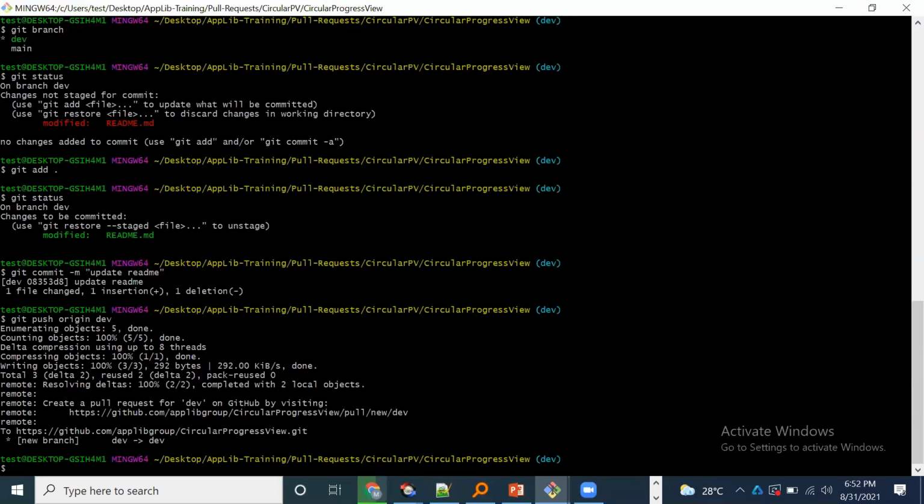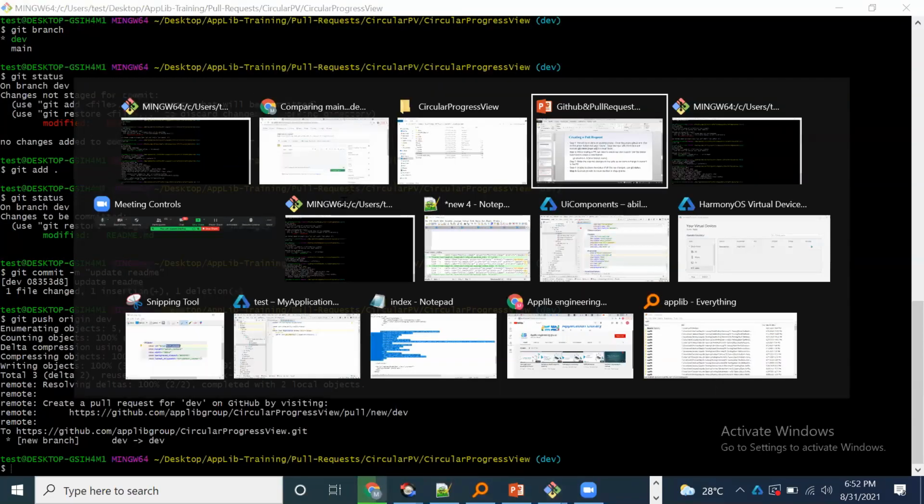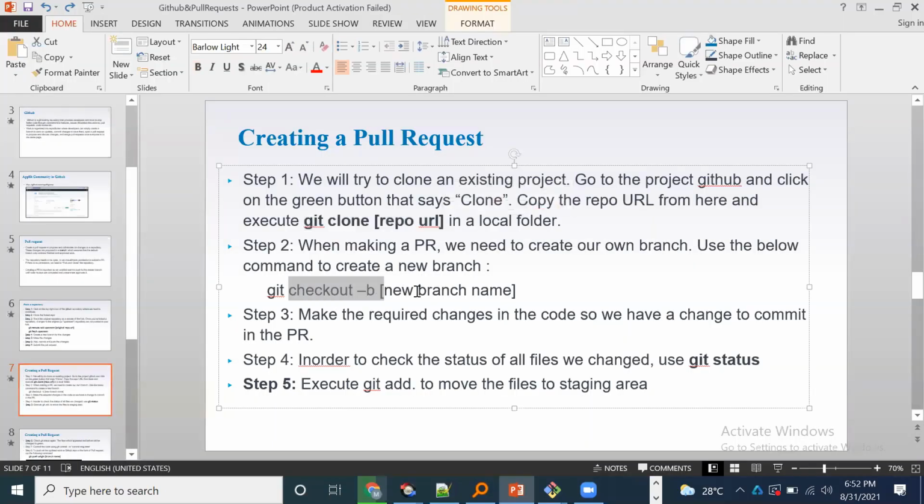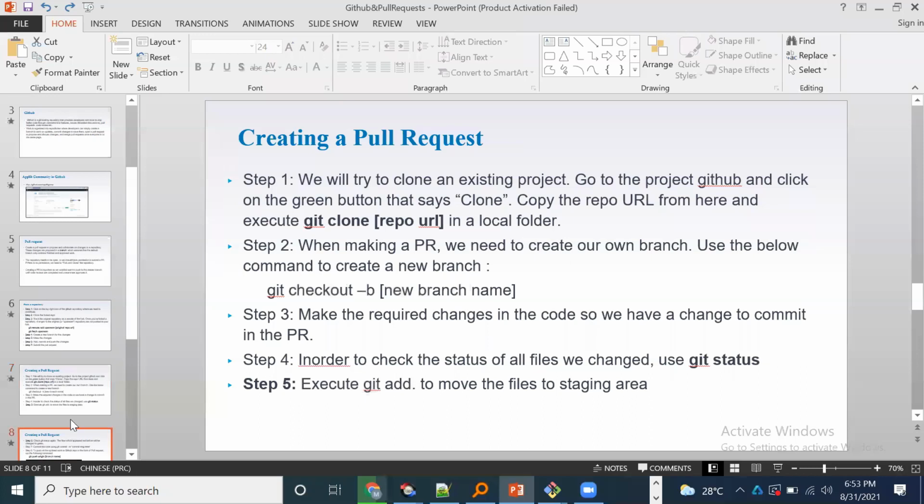The same thing I have explained here. First you can do git clone with the repo URL, and create a new branch so that you don't directly push into the main branch. It's always recommended to create a new branch and do your changes. In order to check the status, you can do git status. Once it is okay, you can do git add, which will move the files to the staging area.